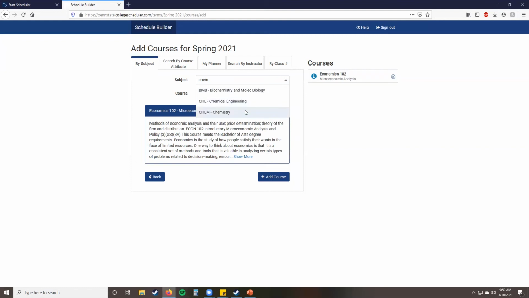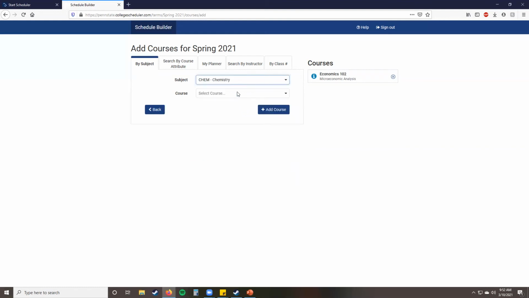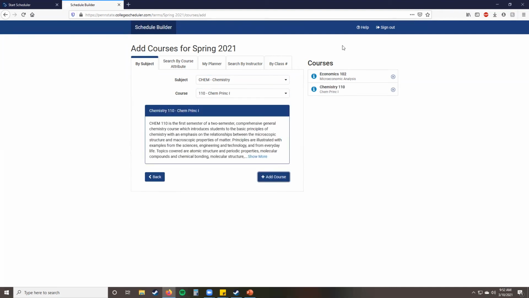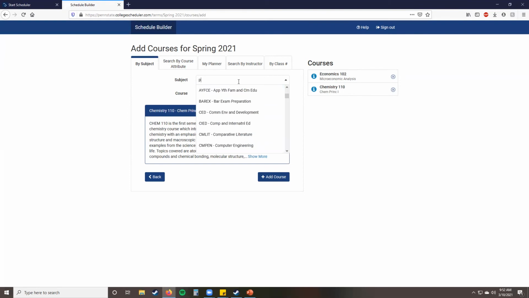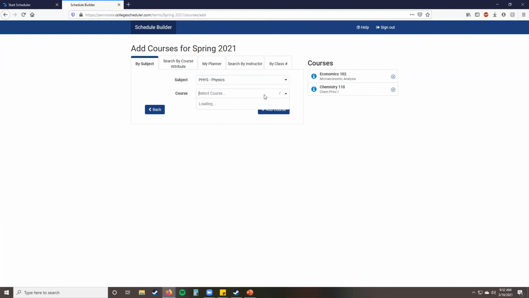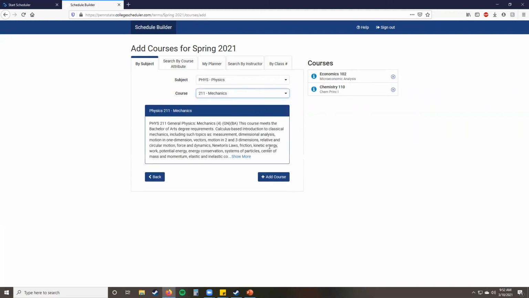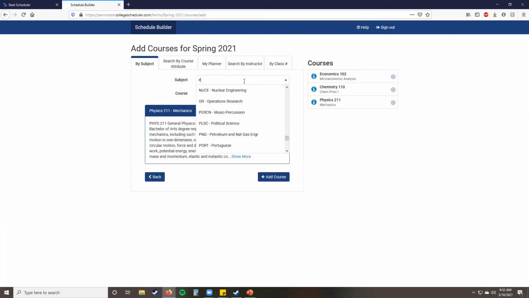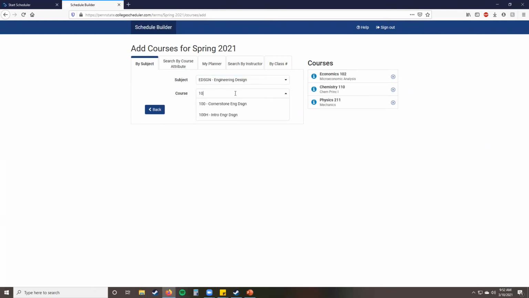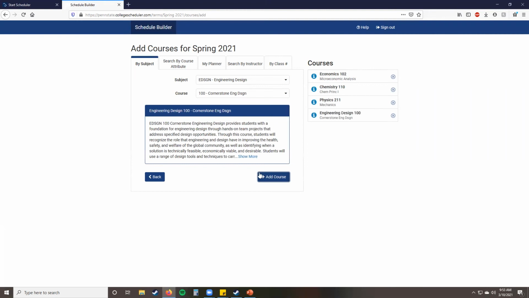Once you want to type in your second one, you can type it right over top of the subject, and then you can change the course accordingly. You'll notice that the classes are appearing on the right-hand side. Those classes are going to be what the system uses to find all possible schedules. Your suggested academic plan may not have all the same courses as mine, and there's every chance that it might be something that you need to take on my schedule here that you might be taking in your second semester, and that's completely okay. So now that we have 4 classes,